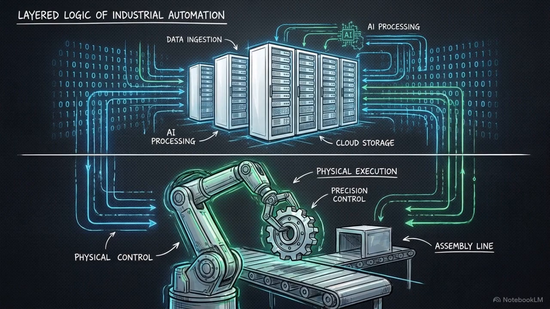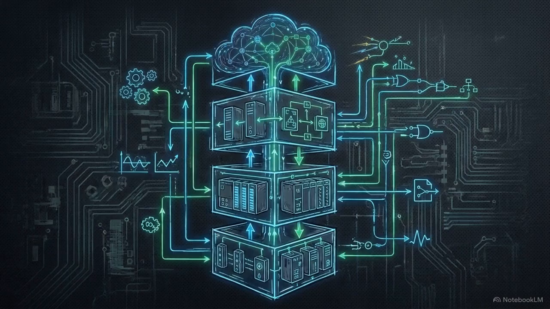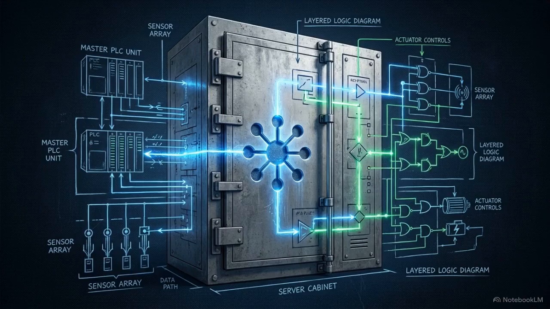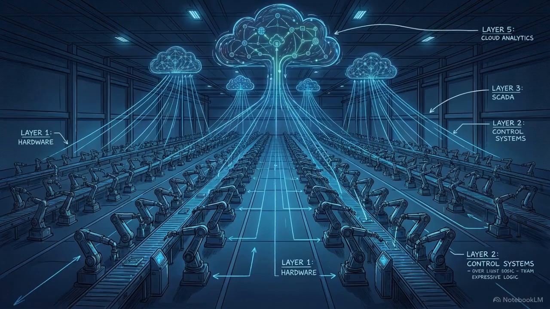This strict division of labor ensures that heavy data processing in the cloud never interrupts the microsecond safety controls required on the factory floor. This 4-layer architecture is the bedrock foundation of all Industry 4.0 systems. Mastering this specific flow of information, from discrete sensor inputs to complex cloud analytics, is what separates basic engineering from true industrial-level proficiency. By adhering to this step-by-step logic, we build networks that are robust, secure, and capable of operating continuously at an